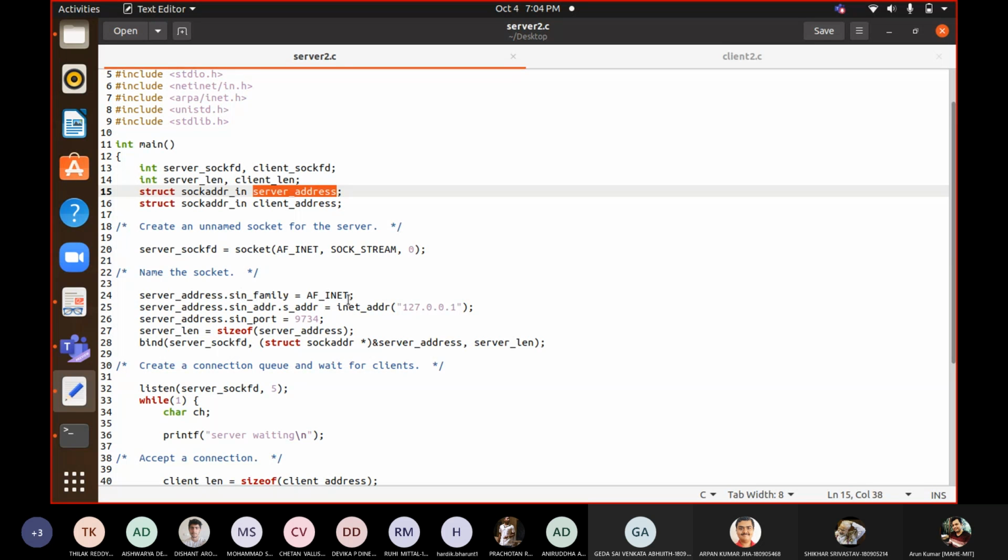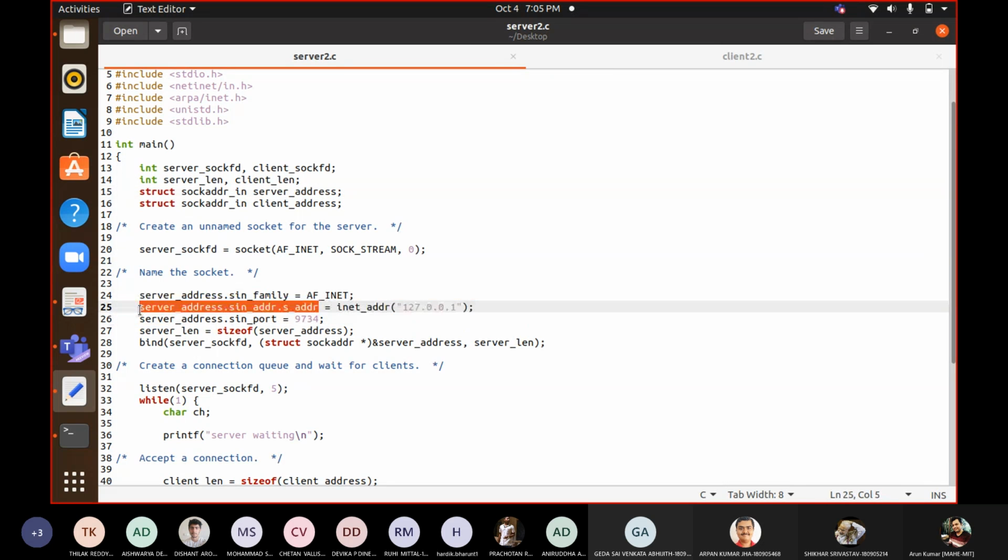Then server address dot, the second argument is its address. What is the address type? That address type in the server address is again a structure, so you have to add one more dot. So sin address dot s_addr. Is it clear to all of you why these two dots are there?